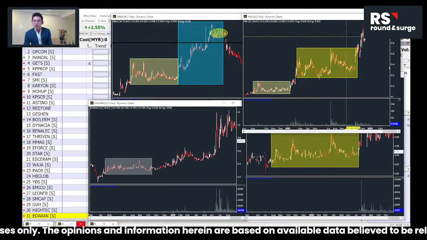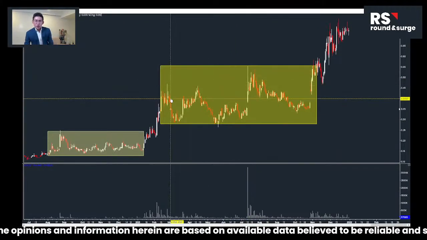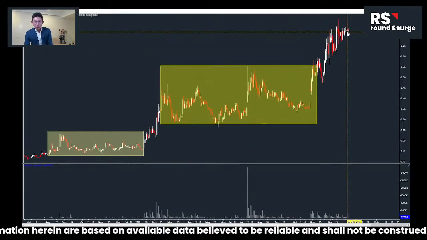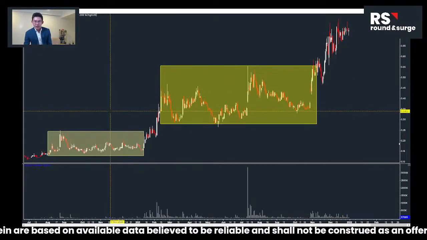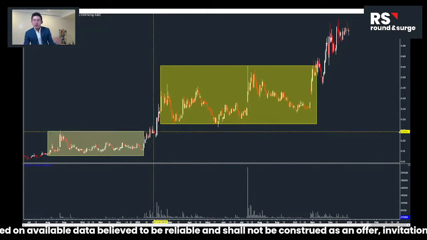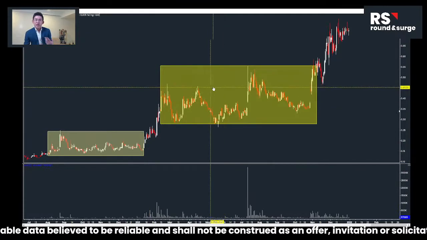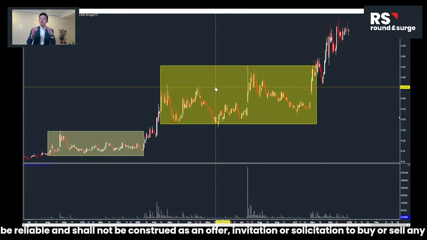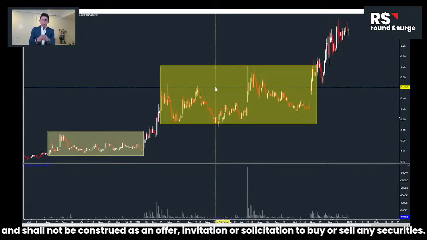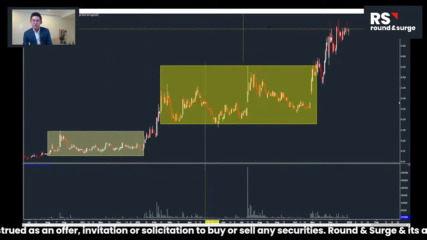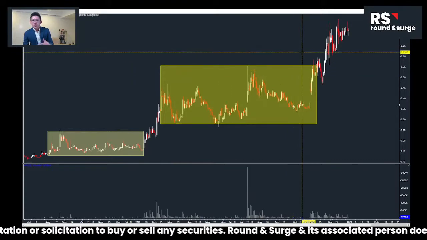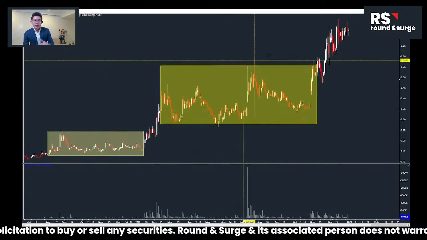Because the big boys don't sell shares like us, where we throw everything at one price. They have a lot of stocks in hand, so what they need to do is accumulate. When they push the price up higher, they need to sell. Why do they push the price up higher? Because they need to mark up the price so that when you come in, you buy at the higher price, so that they can sell at a higher price. Usually 80% of the shares are sold on the way up, so that they can make the profit.